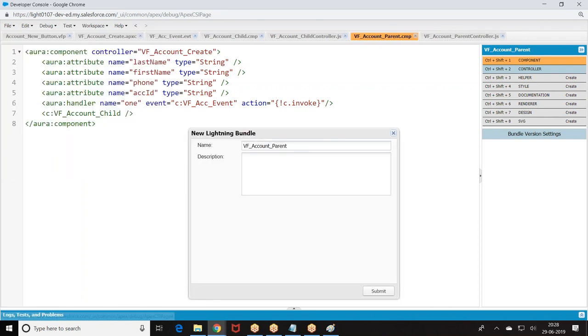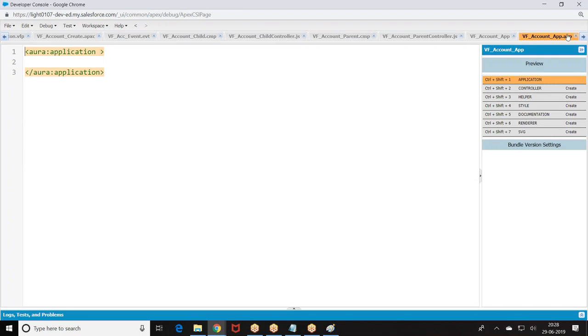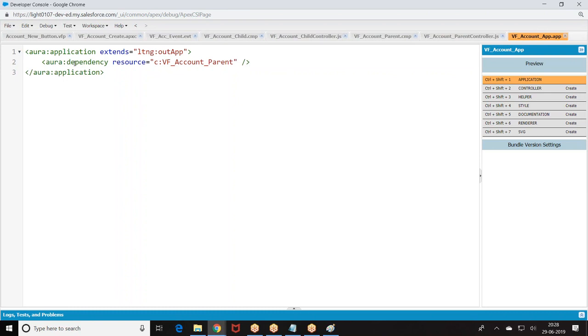Go to the Lightning application. Then I have to give the Lightning out app. That parent component will call it.